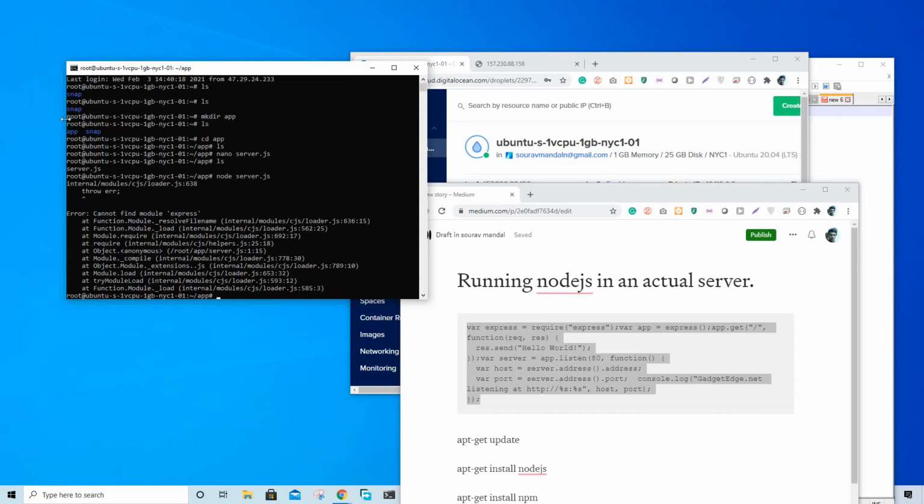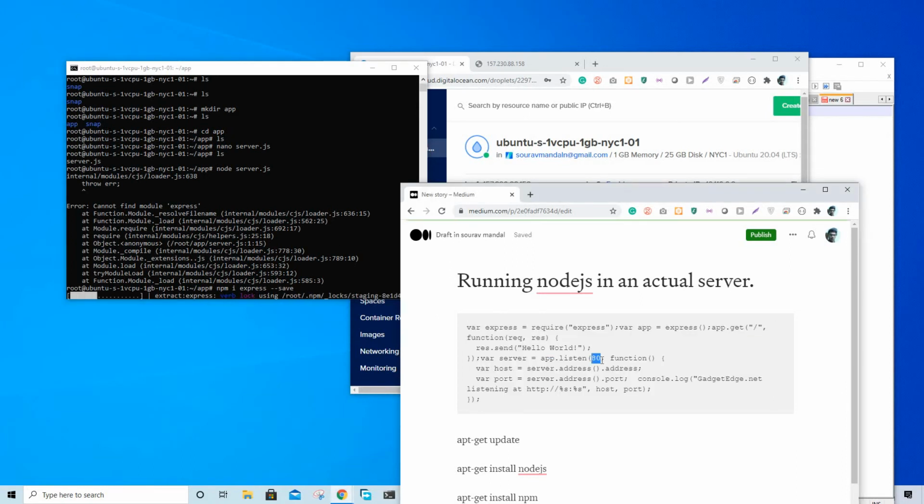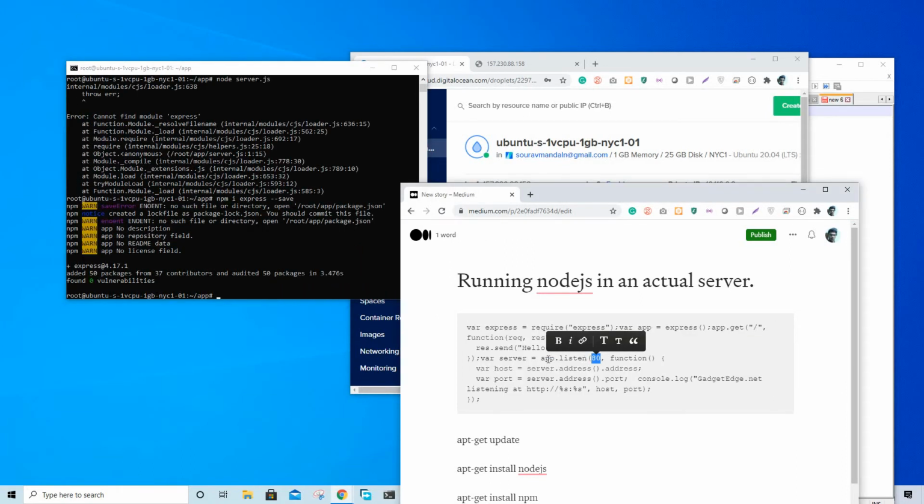Now it is running on, we need to install Express. So the same method, we will install Express. Now you can see that I have used port 80. You can use any other port, but you won't be able to access it because by default other ports are blocked. So to avoid any more confusion, I'm using the only open port, I mean, not the only open port, this is the HTTP port, so this port we can use.